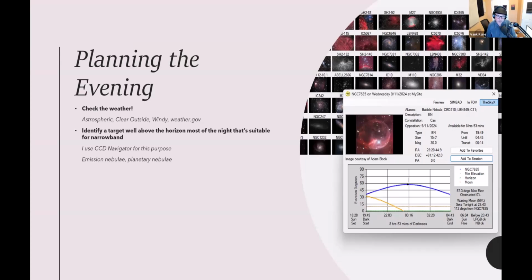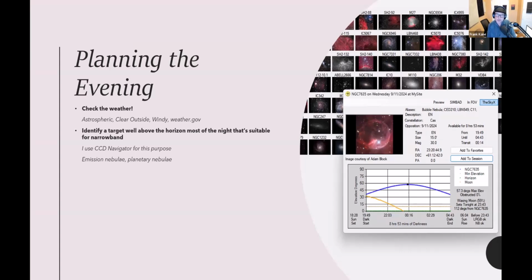That's what this graph is showing you here. And ideally, right now, the Hubble Nebula would be a really good target because you can see that blue curve there. It's showing me that in the middle of the night, that's going to be reaching its zenith on the sky up at 60 degrees elevation. That's pretty good, and it's also pretty far away from the moon. So in this particular example, this is showing that the Hubble Nebula would be a good choice for a narrowband